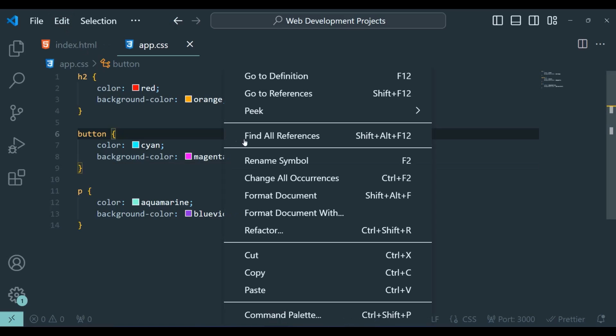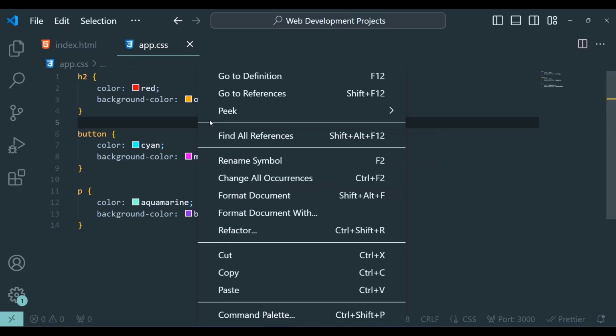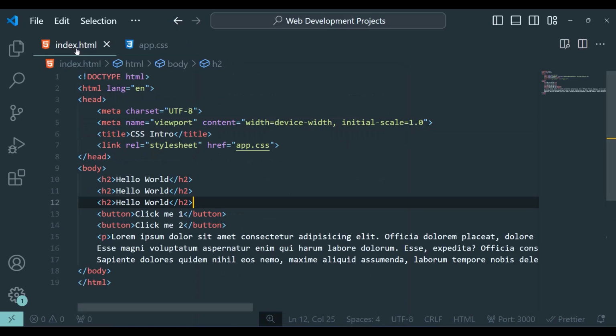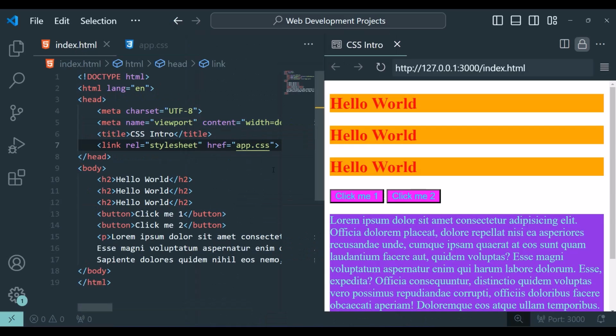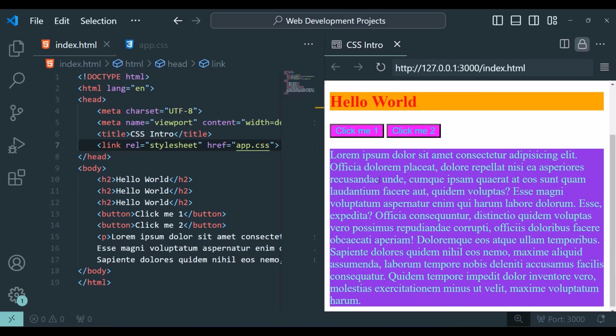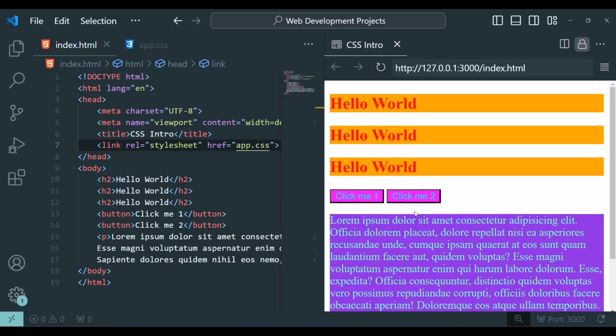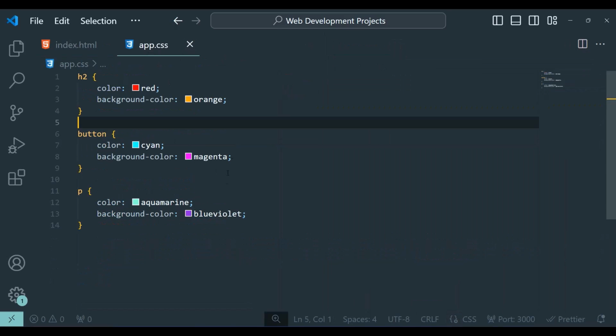Now if I show preview in index.html, we have hello world, and as you can see the whole line is colored because this is a block level element, so it takes all the space available. And as you can see the background color now is changed here, and also for the buttons the background color is changed because we use the background-color now, not the color, which changes only the color of the text. And you can also use background, so I can change here from background-color to background.